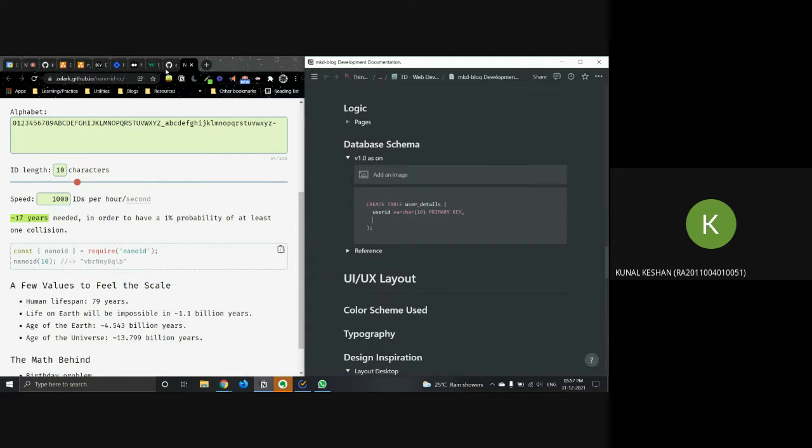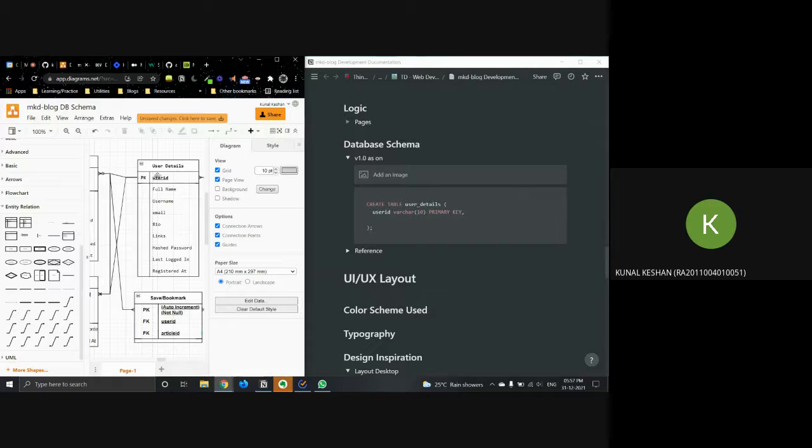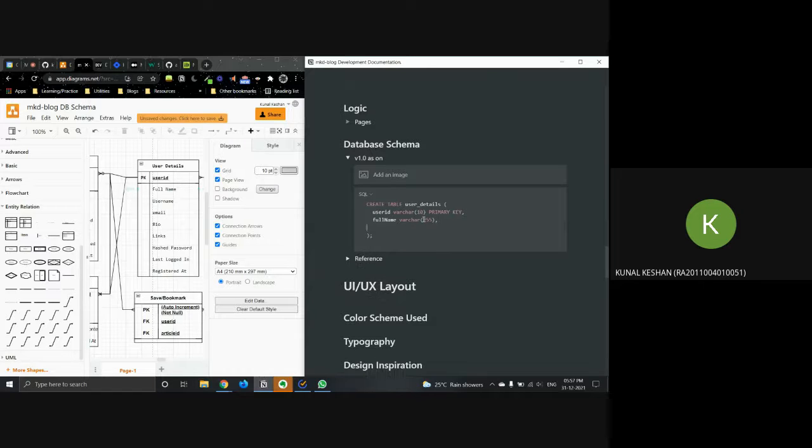All right. Next we had the name, full name. Full name in this case also, what do you think, a varchar? And how big does the name usually go? Let's just keep it 255 in this case. After that, we will have the email. It's also varchar 255.